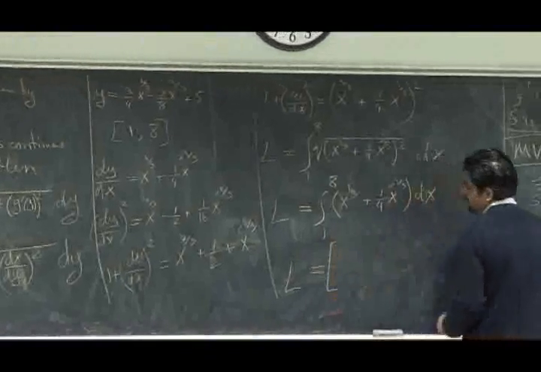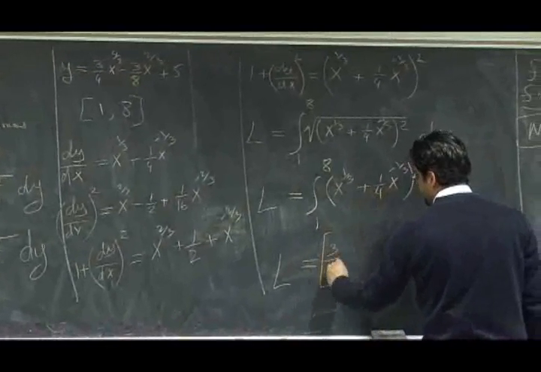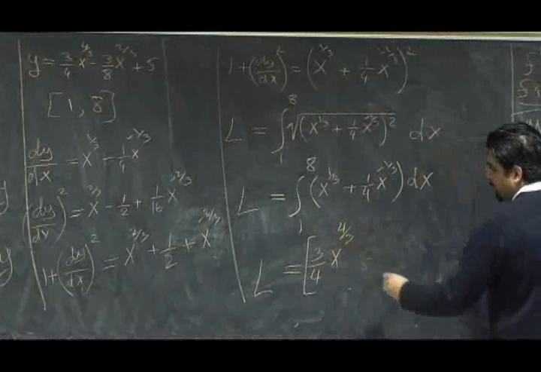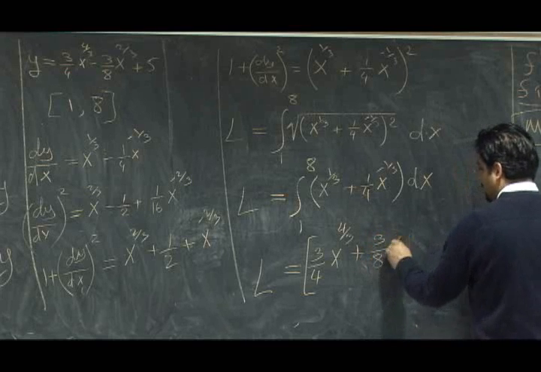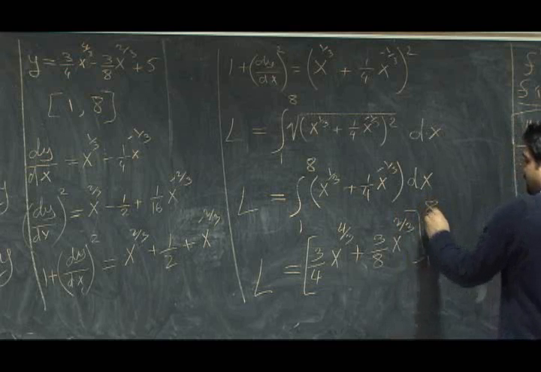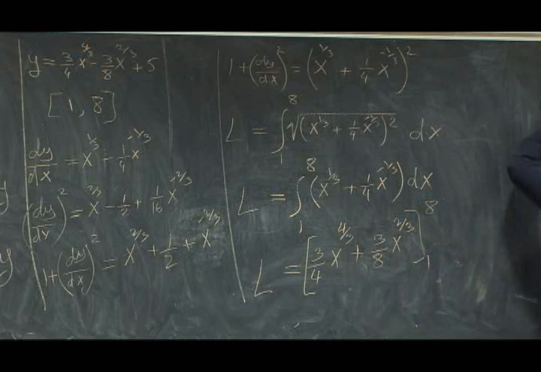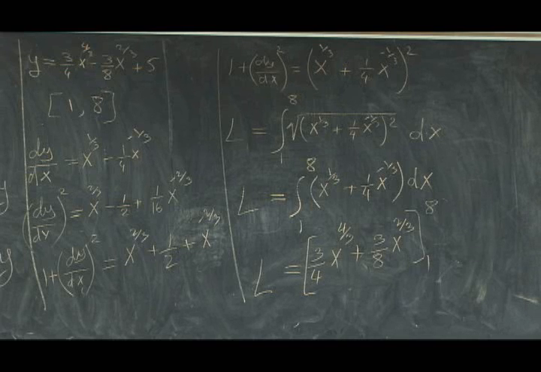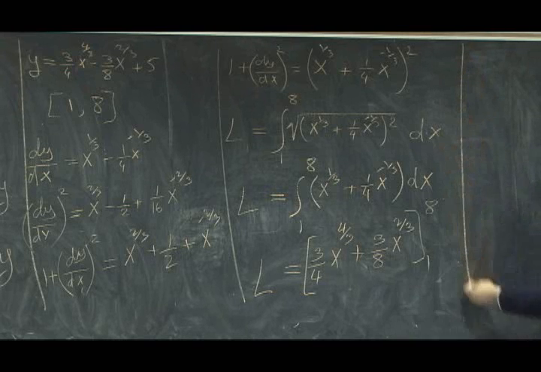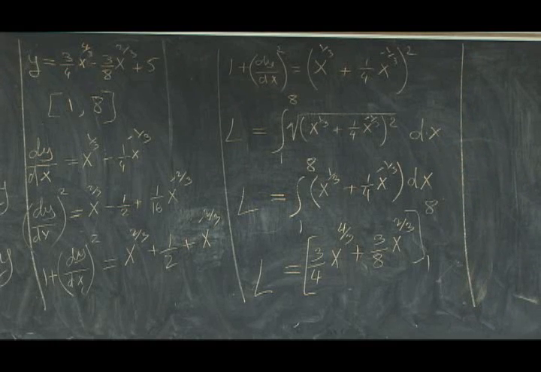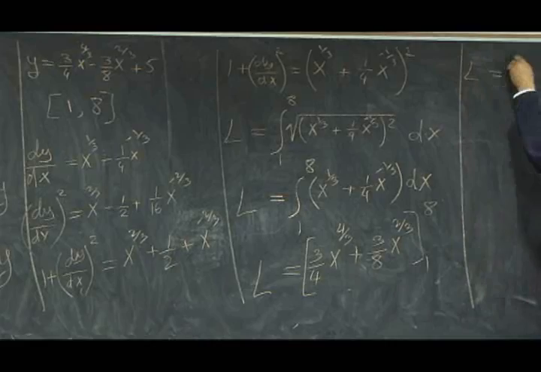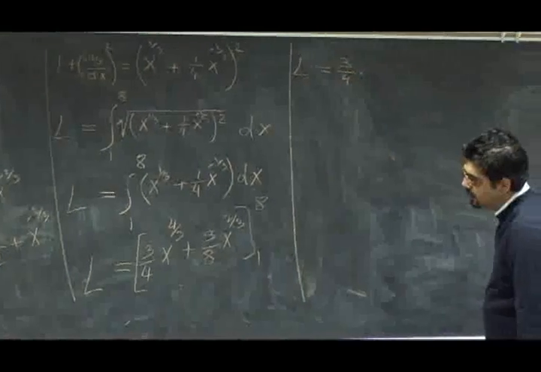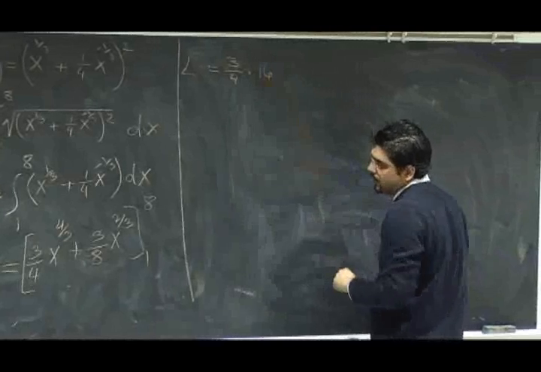So then let's integrate. If we add 1 to the exponents, we get 3/4 x to the 4/3 plus 3/8 x to the 2/3, from 1 to 8. Okay? Okay, so plug in 8. You get 3/4 times 16. Plug in 8 there. You get